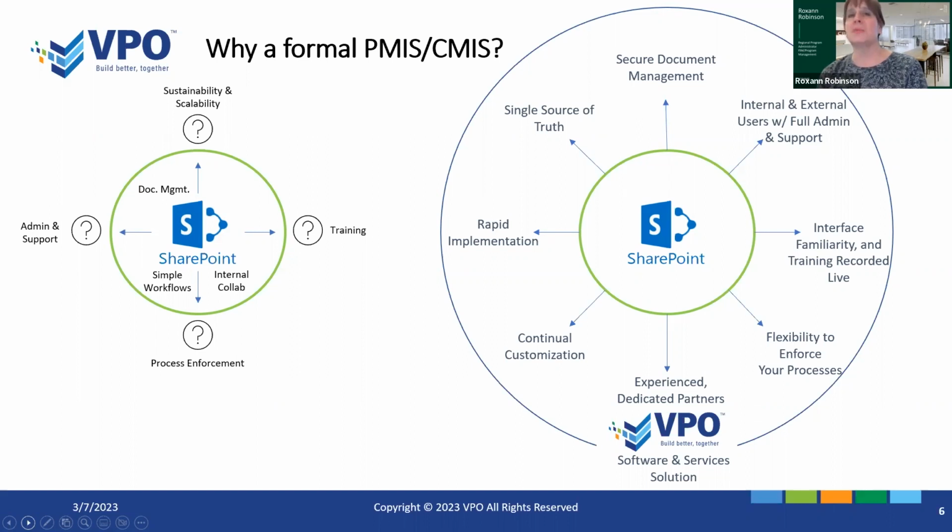So it's really been a very flexible, easy to use solution. And tell them a little bit about the projects that you're using VPO to manage. So we do a lot of K through 12 construction management. We manage the entire program usually, and it can have anywhere from 2 projects to a whole 15, 20 projects, all under the one program umbrella, and making sure that all the user groups are able